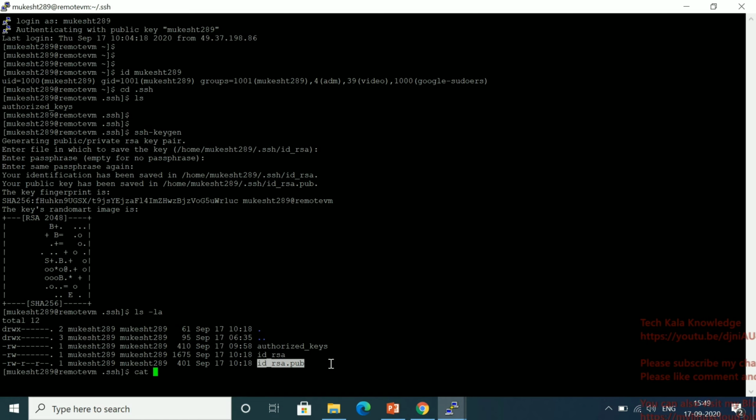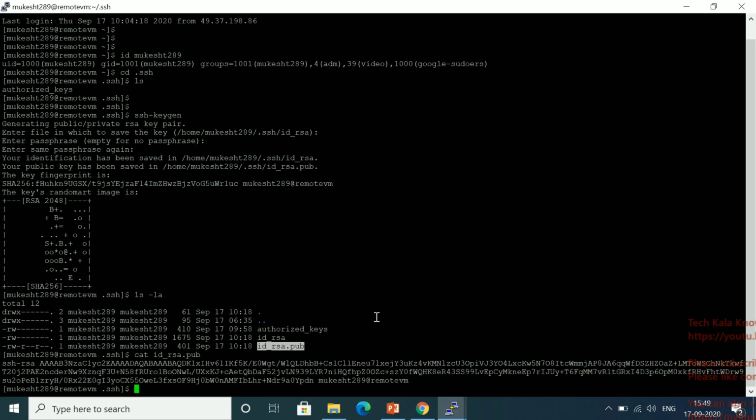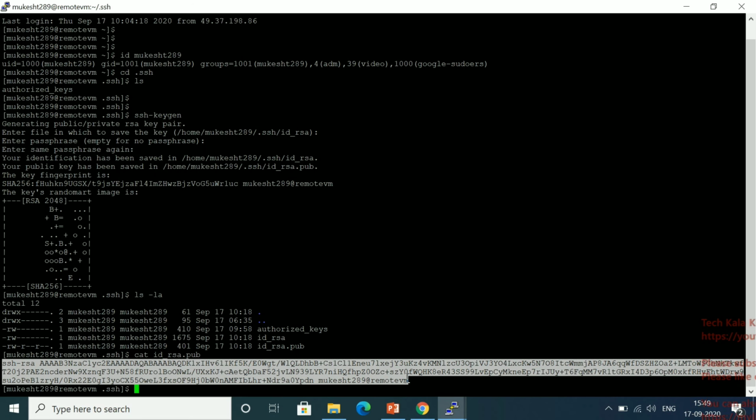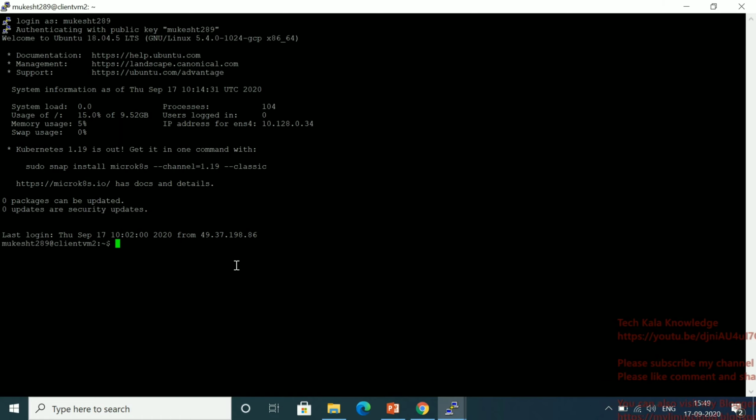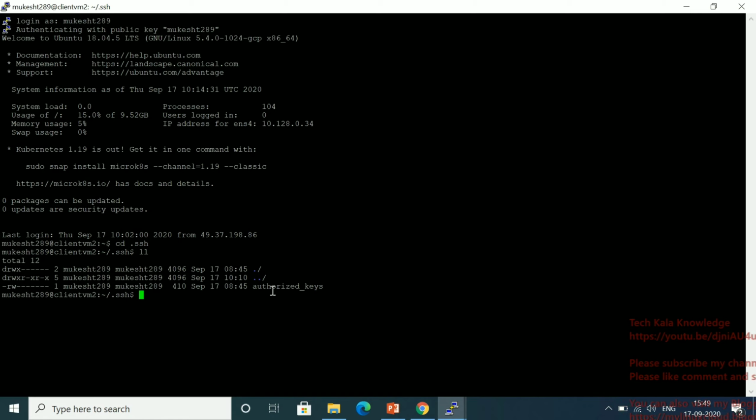Let me show you this key. Yeah, you can see this is the key. Now let me copy this first. Okay, now let me go to my client machine. So this is my client machine. Here also I have to go cd .ssh. Here you can see this file is there by default, authorized_keys. So I have to edit this file,